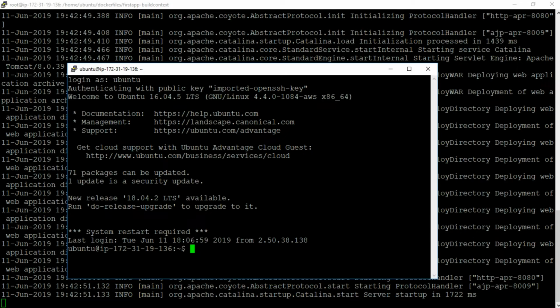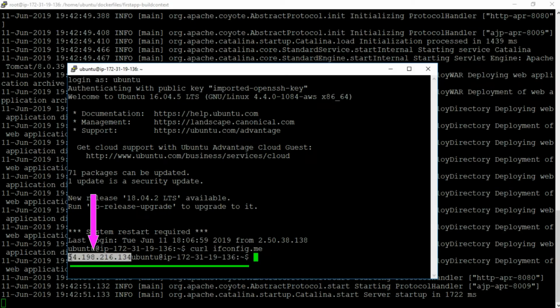So now let us execute the command to know the IP address of this machine. And so the command is curl and then ifconfig.me. And with this command's execution, we can see here the output of this command. And friends, the first IP address in this output is the public IP address of this machine. So let us copy this public IP address. And now as we know the public IP address of this machine, so let us close this putty session.